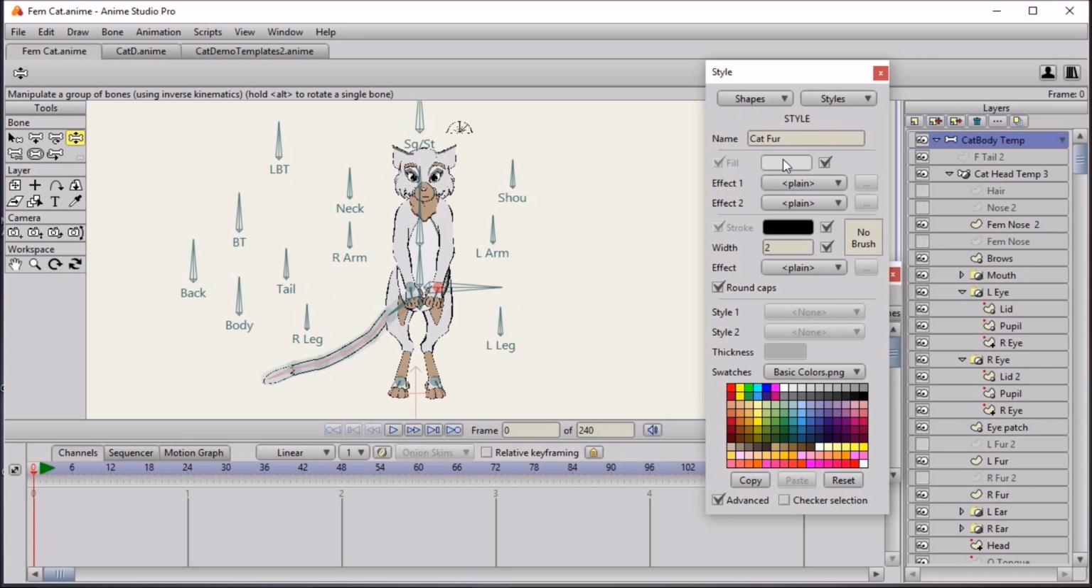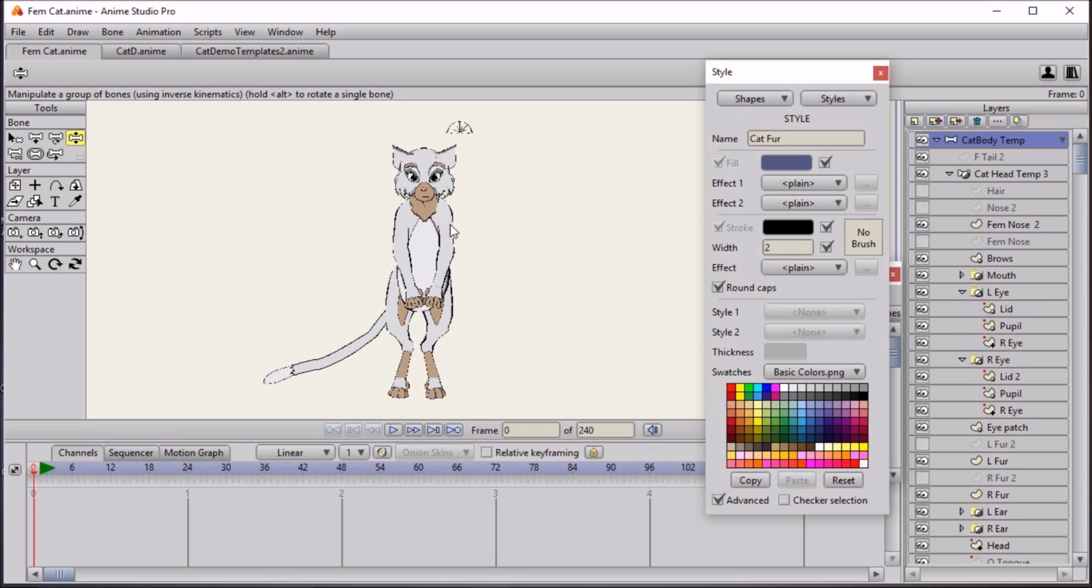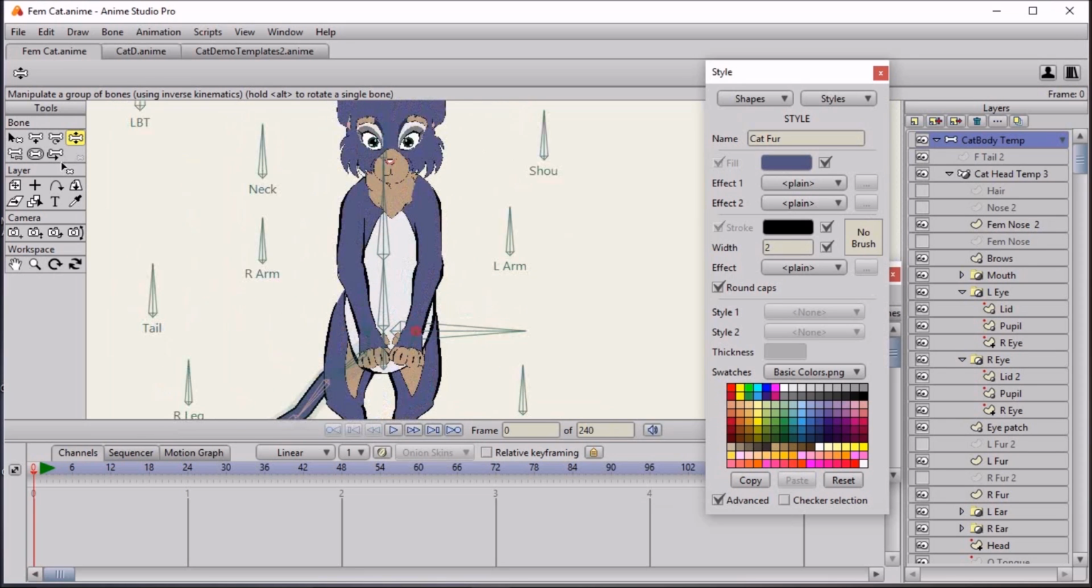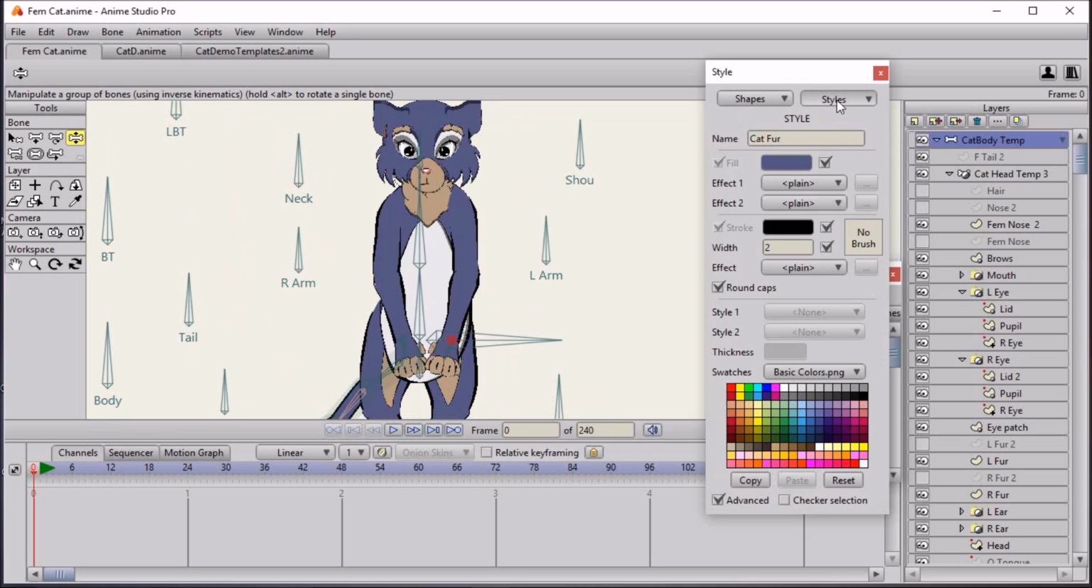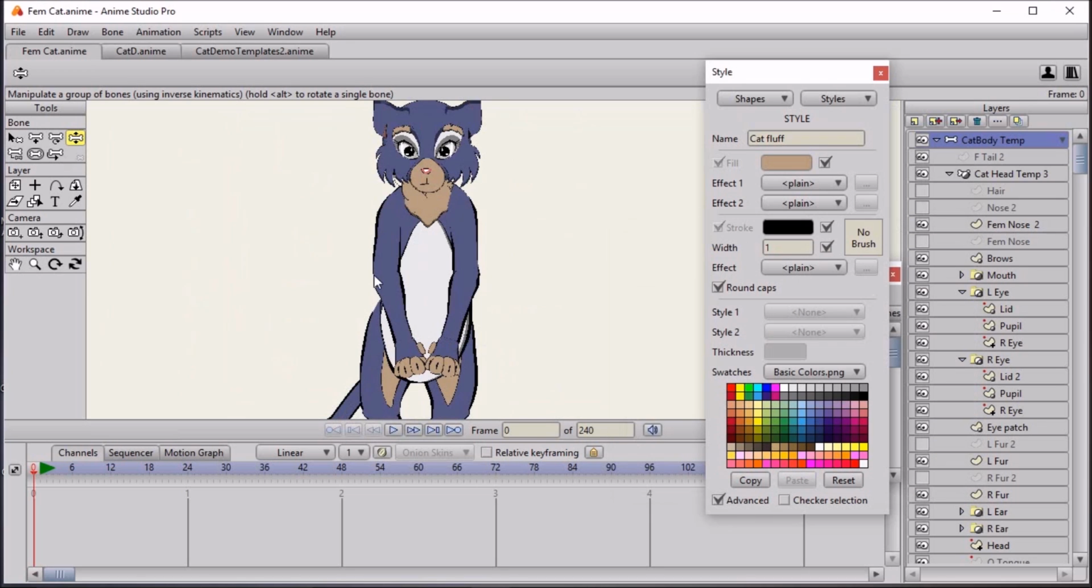And I'm going to go to the fur. We'll just pick, we can pick whatever color we want. So we'll go for this color. And we could change the color of the fur, so I think I've called it a fluff. You could change the color of that. So I think I'll just leave it as it is, but